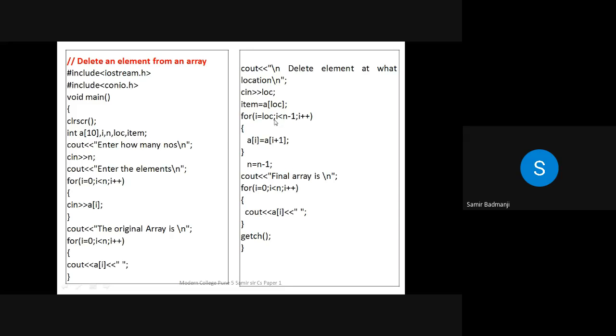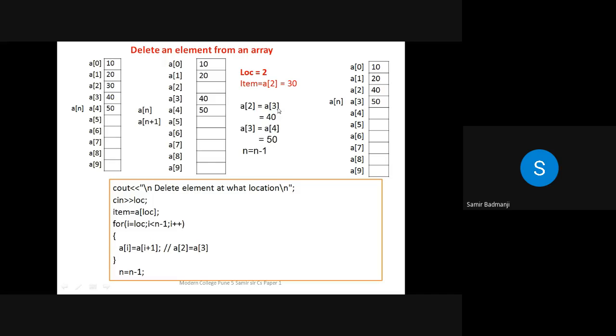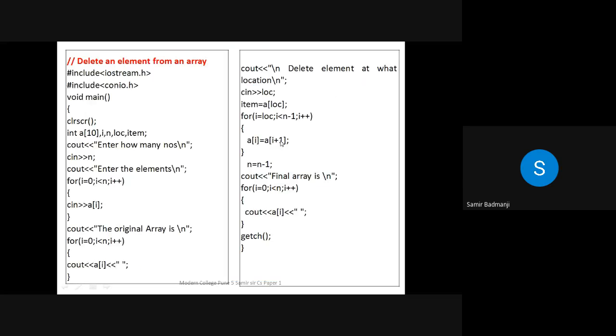So i is equal to location, i less than n minus 1, i plus plus. So at whatever location that element is there, that will be stored in i. What is the next element that will be stored at that location? Okay, see, a[i] is equal to a[i plus 1]. We want to delete that 2 number, so that is why we are incrementing this by 1. Whatever is the next element will be put in the element which is to be deleted.